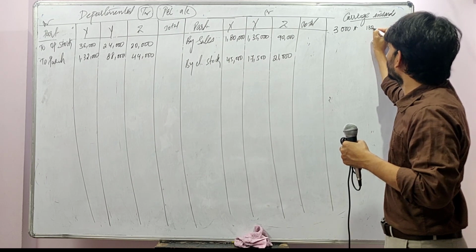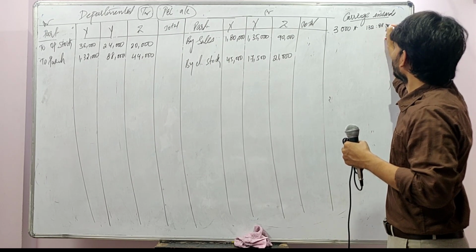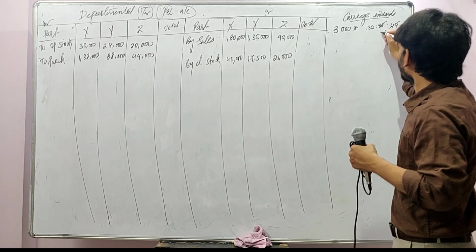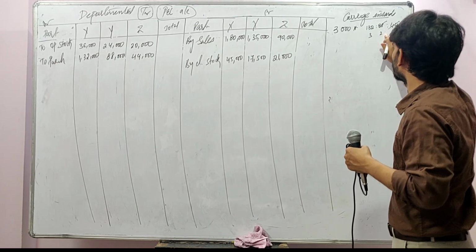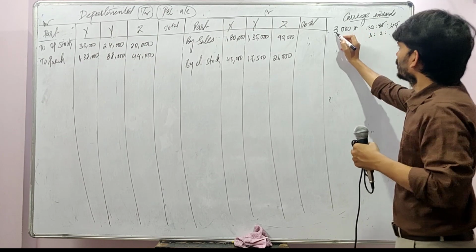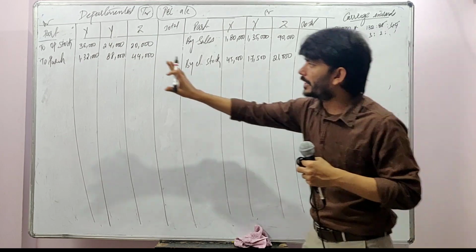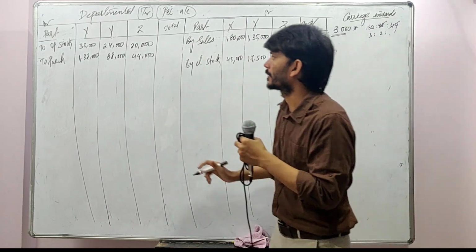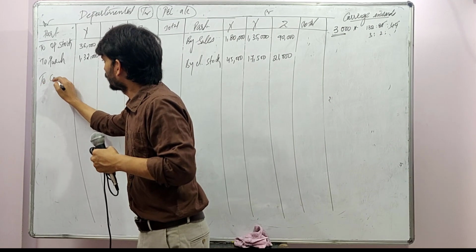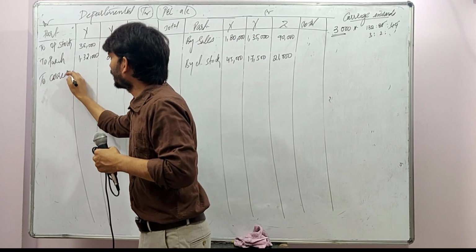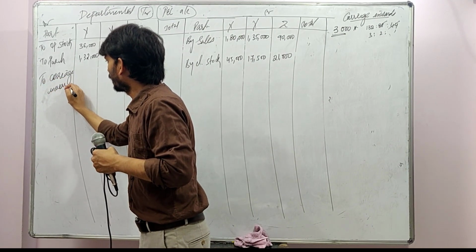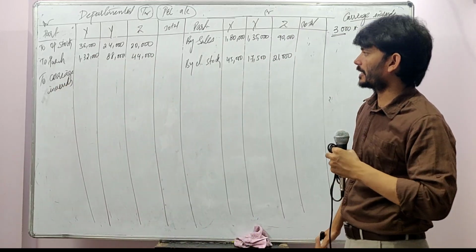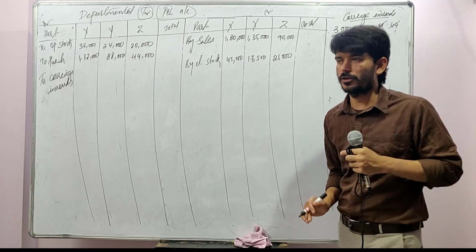So here you have a purchase of 1,33,000. So I'm writing 132, 88, 44. Use your calculator. 44 ones are 44, twos are 88, threes are 132, so the ratio is 3:2:1, which means this 3000 should be going into 3 departments on the basis of 3:2:1. So carriage inwards. Okay, somebody might get a question. If at least one student is getting a doubt, we should not move further.